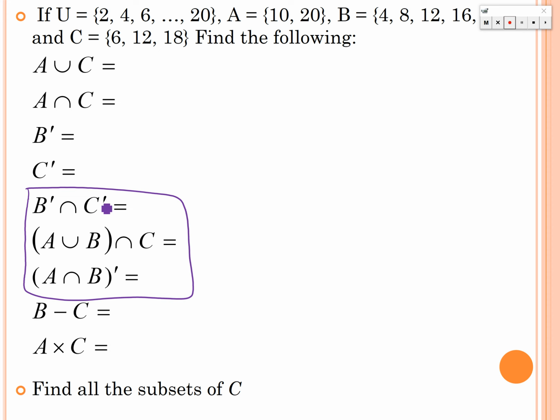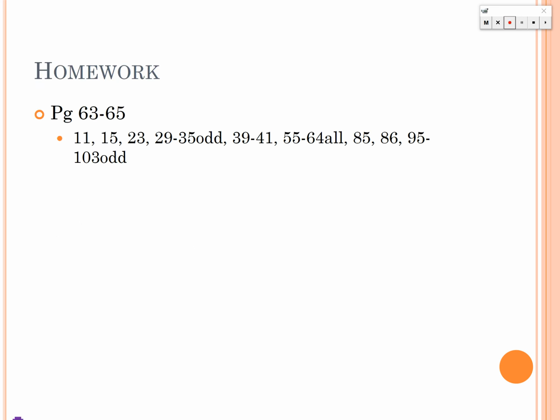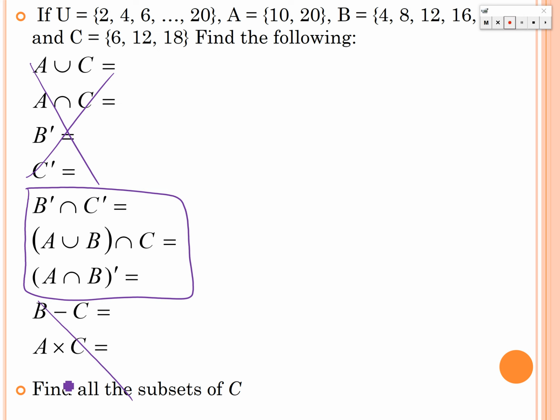So for example, if we have, whoops, sorry guys. We have B prime intersects C prime. You have to find the complements first. You have to find the complements first, then their intersections. So you would start with